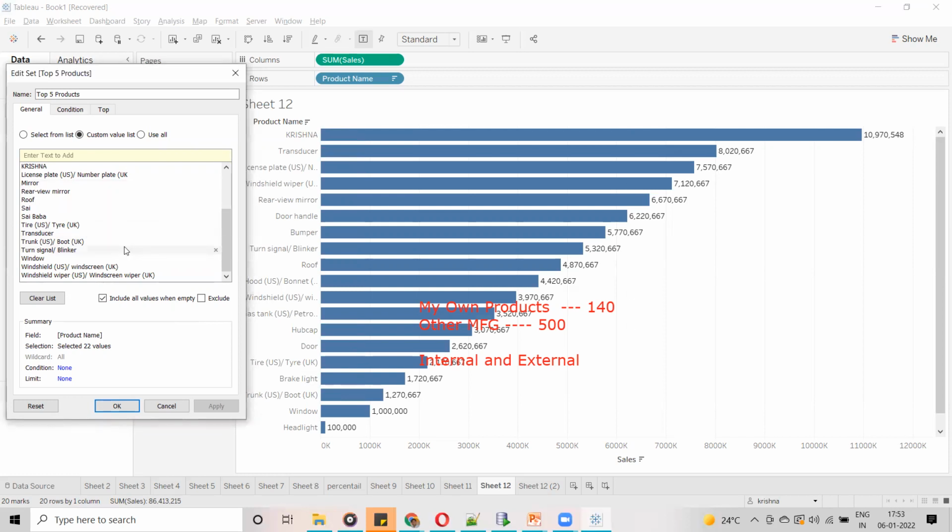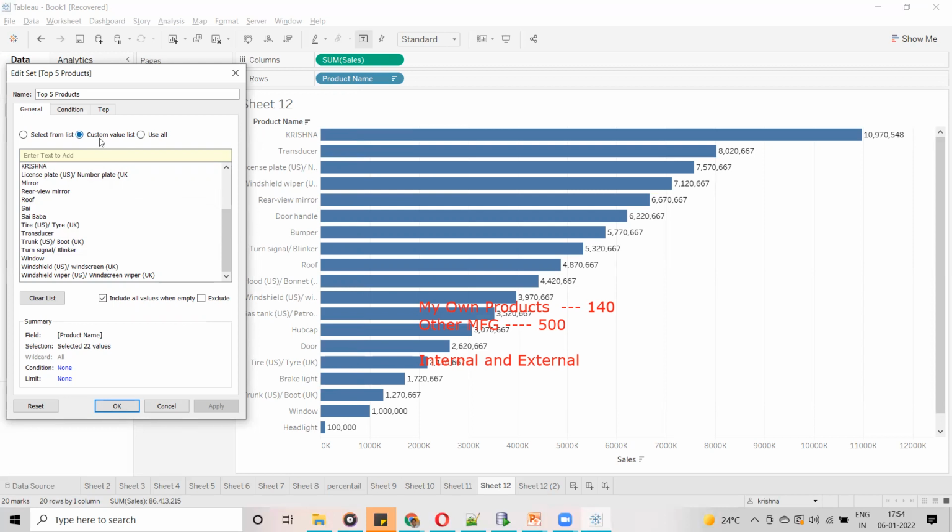Okay, for future purposes, I have added it here because the customer has given the internal products, whatever they are manufacturing. He has given the list and asked me to add it at the Tableau level. Whenever he selects internal, it should display only the internal products, and whenever a new product is added, it should automatically be displayed in the report when he selects it. That is his expectation. So that's where I have added the list here.